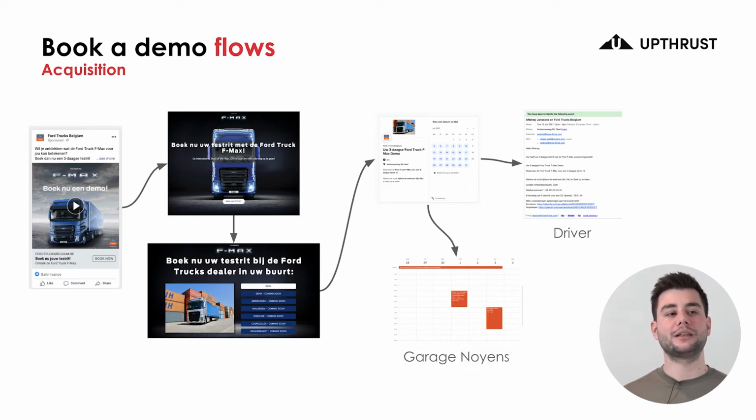But what we realized is that 1 out of 10 demos that were scheduled, 1 out of 10 test drives, would convert into a purchase of a truck. So our goal was to set up this flow to generate these demos or test drives to then make sure that they would sell these different trucks. This was very, very easy. We built it with just existing tools. We used Calendly to schedule this,